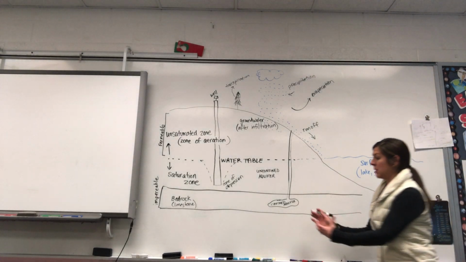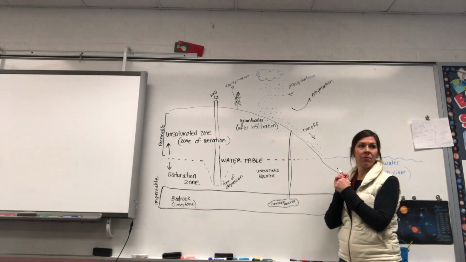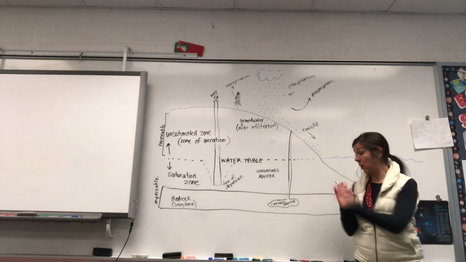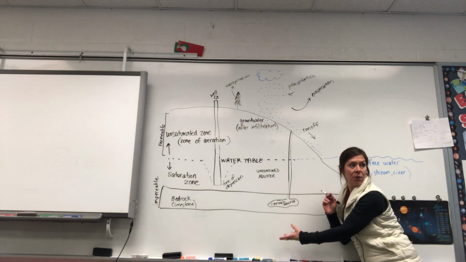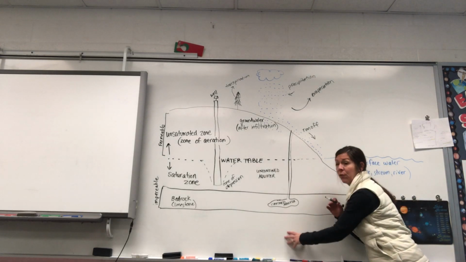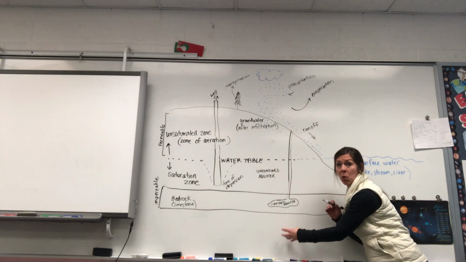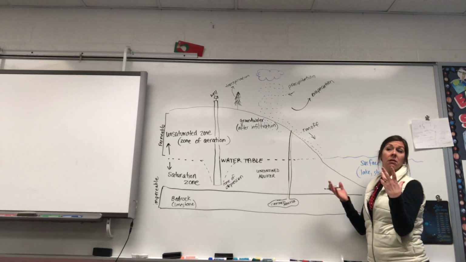When that pressure builds up and is released naturally, what comes up? Geyser? Well, a geyser would be if there were also some heated water from being near the magma. But it's the same concept. If we don't have heated water or steaming water or magma, but we still have the pressure and the water release,